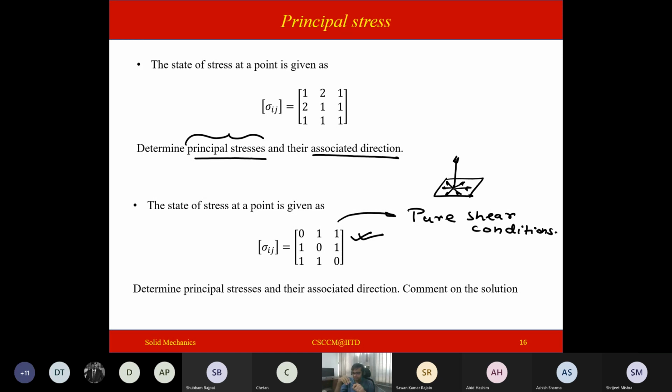So I will stop here. So this completes, actually we are almost done with the stress part. The only thing that is remaining is Mohr circle, which is a graphical way of solving things related to stresses. And we will discuss it starting from Tuesday, that is, our next lecture. Okay. So if there is any question, you can ask me. Otherwise, that is it for today. And we will meet on Tuesday.